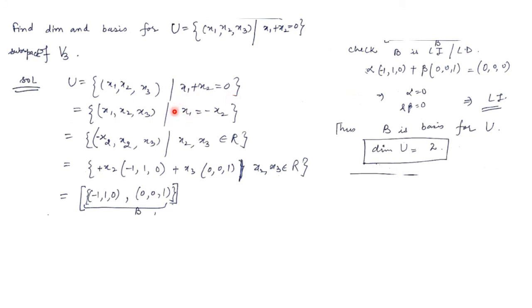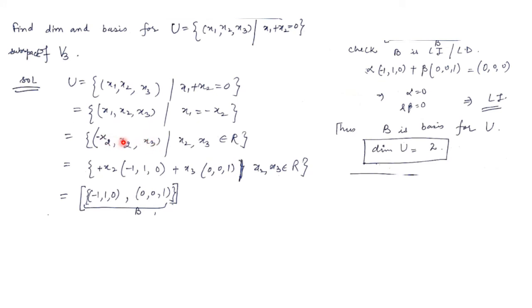So we can write the value of x1 in terms of x2. It is minus x2. Substitute the value of x1 over here. We get minus x2, x2, x3. So we get two real numbers x2 and x3. Now just see, we can take x2 to be common. What is the coefficient of x2 over here? It is minus 1. What is the coefficient of x2 over here? It is 1. What is the coefficient of x2 over here? No coefficient, it means it is 0.